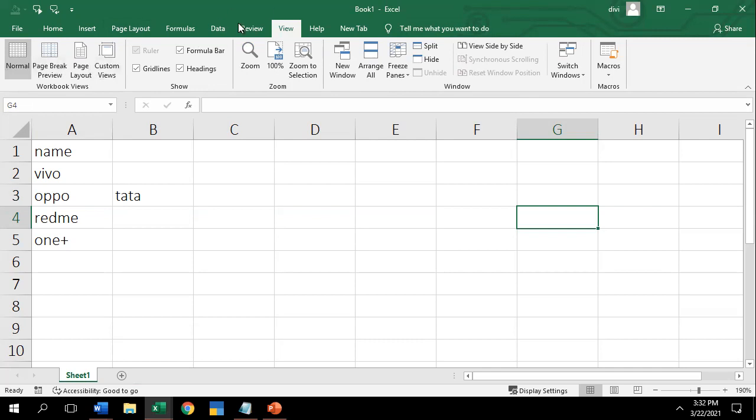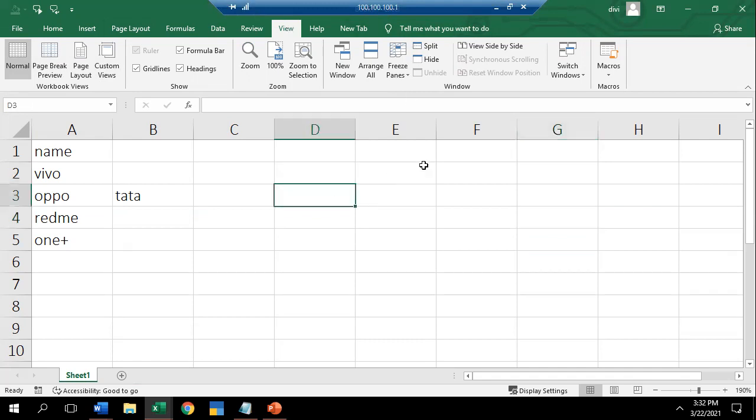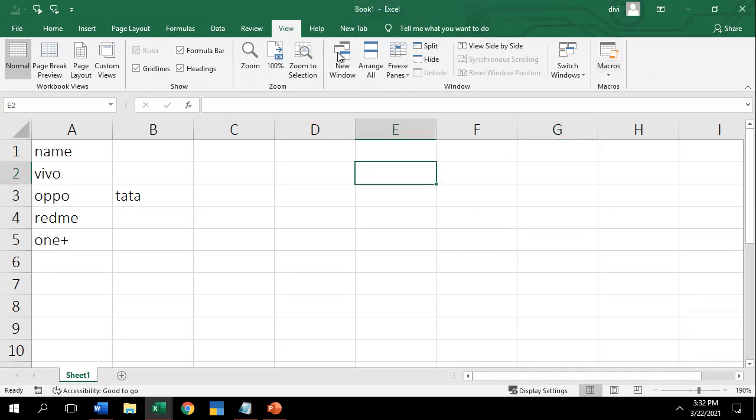Workbook preview. About the macro, freeze panes. Does anyone have a doubt? No doubts.